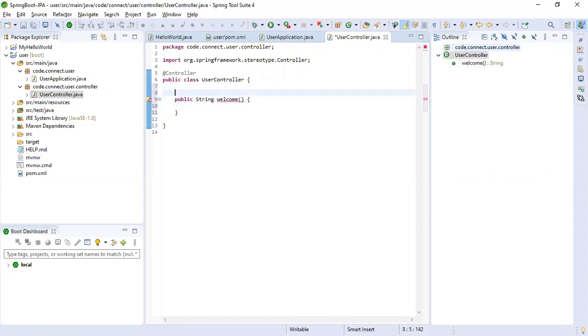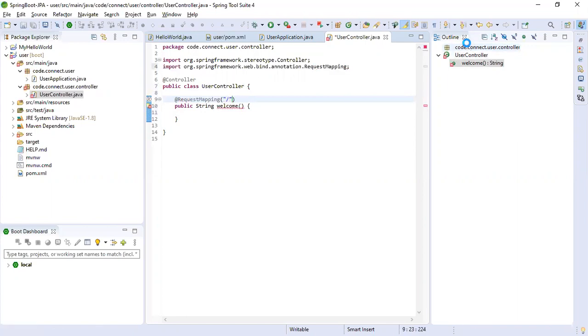I'm adding one request mapping. Return, welcome to Spring Boot.